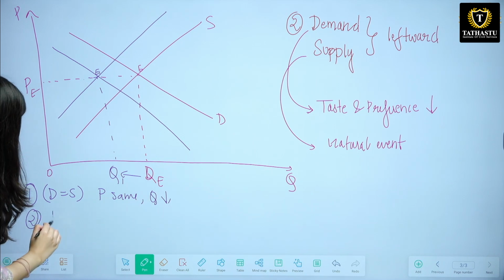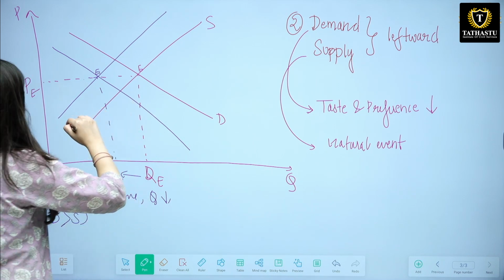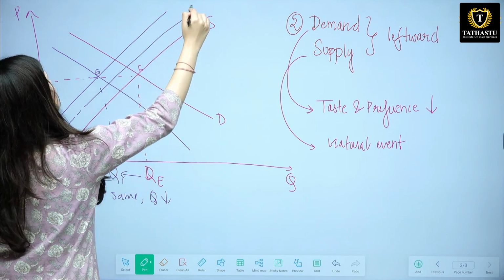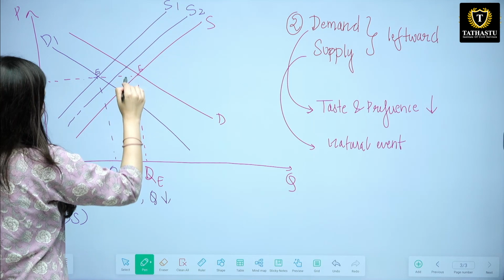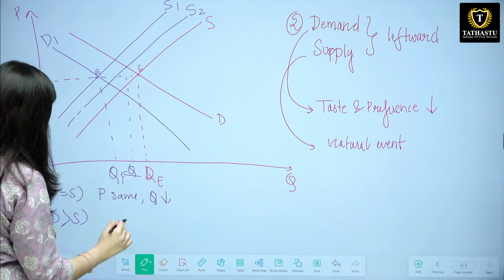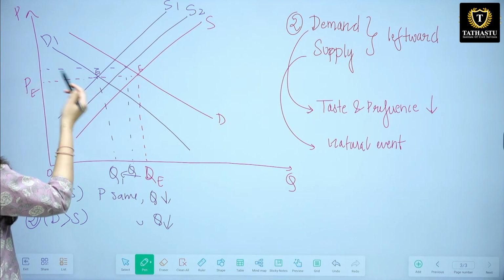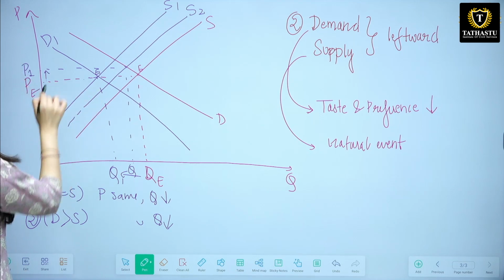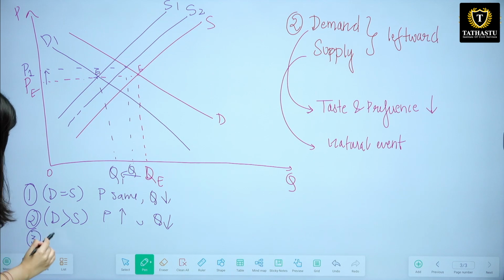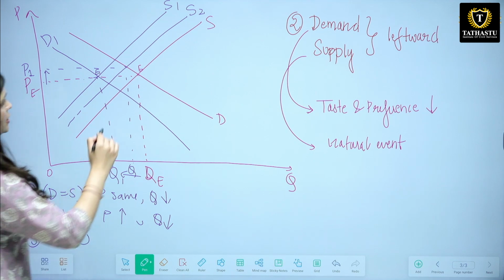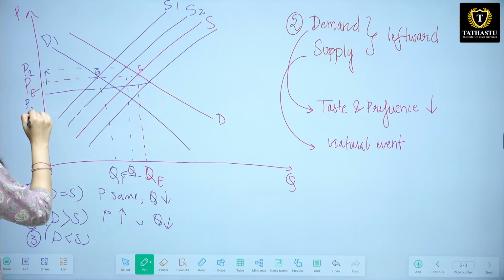Okay, second case, we will take demand more than supply. So shift in demand is more than supply. So supply is shifting less. Let's see this. Okay, this is S1, this is D1. So in this case, what is happening? Quantity is still decreasing, but the price is increasing. Okay, because demand is more than supply. Again shifting price upwards. So price will increase. Now, third case, demand is less than supply. In this case, supply is more, there's excess. So in this case, price will decrease.